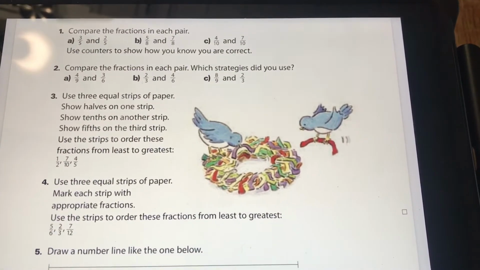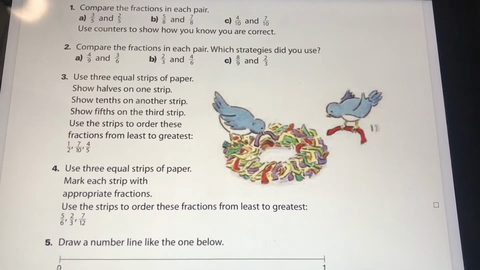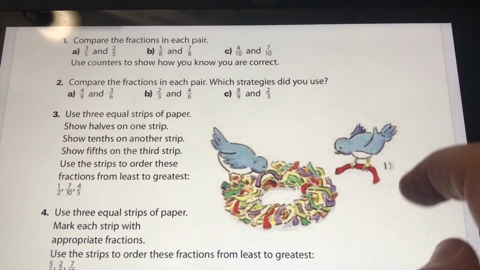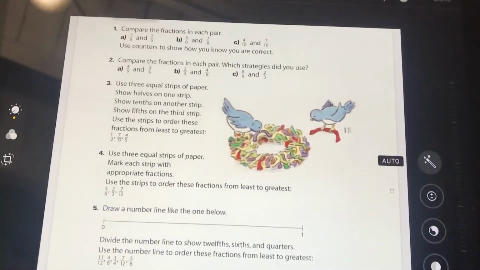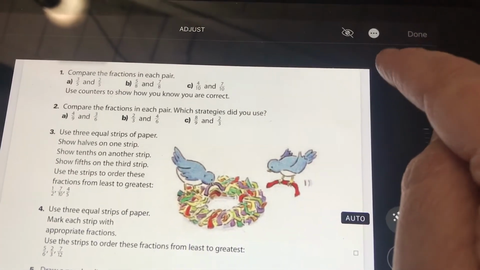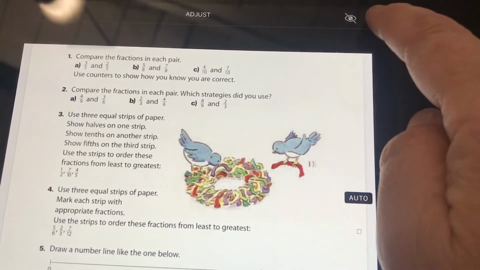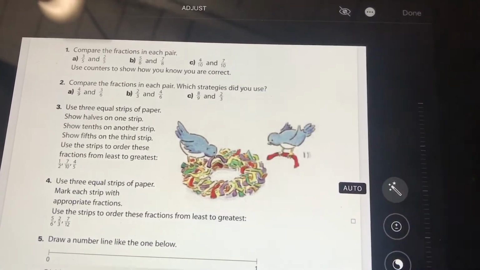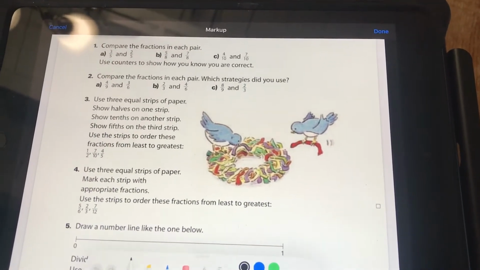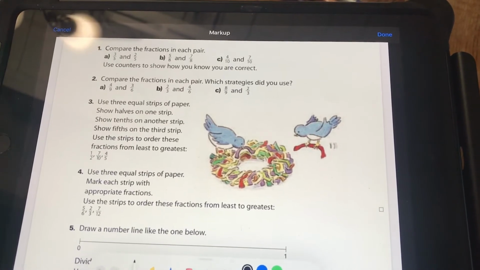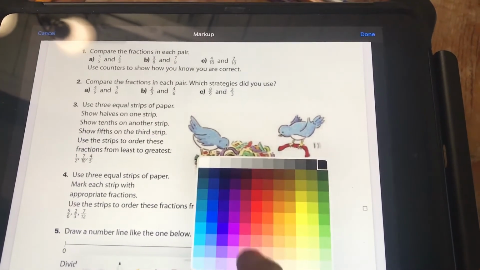And I'm going to do what you've seen me do in class probably a million times. And tap up here, tap edit, and then I'm going to tap the 3 dots so that I can access the markup feature. Once I'm in the markup feature, I'm going to change the color to white,